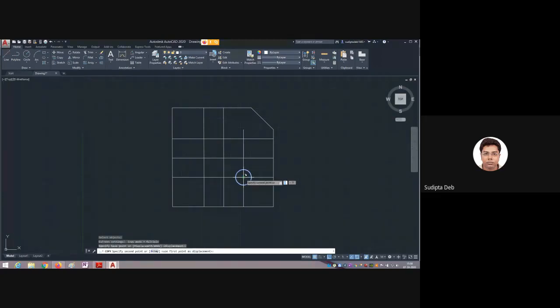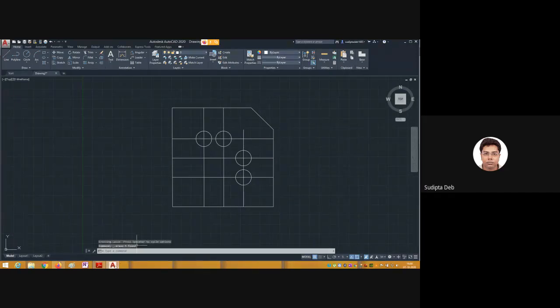Select it. Move your cursor here. So we have completed. You can also turn off the ortho if it is creating a problem. That is how we can easily copy the figures and draw all types of lines like this. Okay, so we have drawn this.